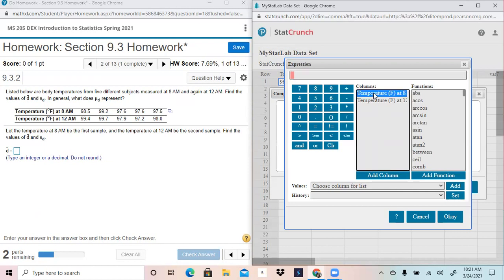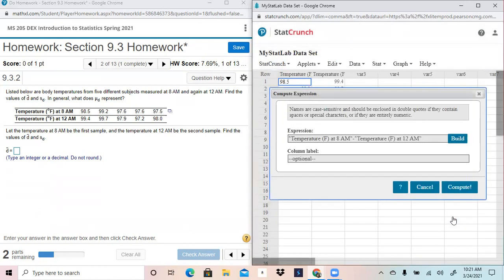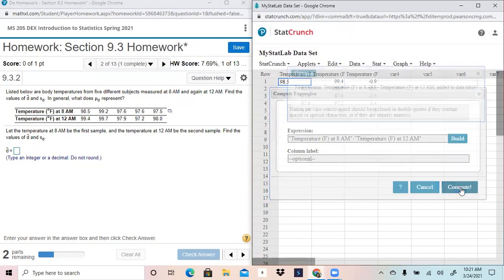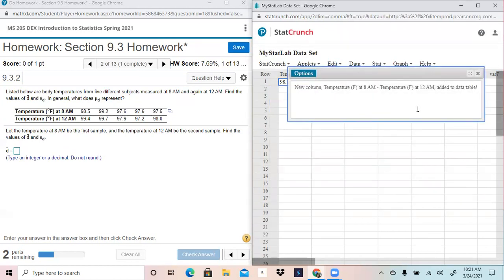So I'm going to click on the first column, add column. Then I'm just going to say minus. I'm going to click on the second column, add column. Okay. Compute. And it has added a new column to the data table,